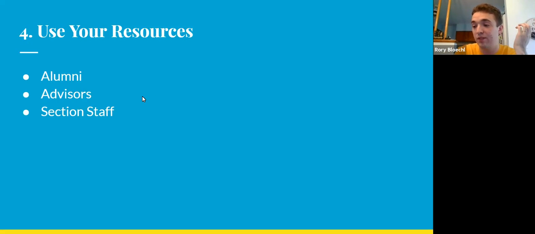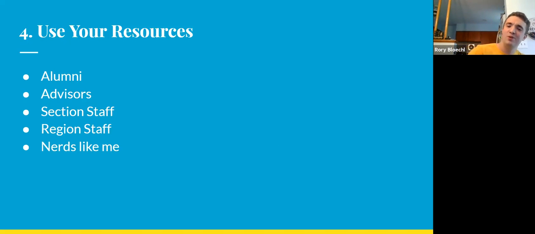Just like your section staff. As you go up the ladder, obviously people are going to know who else in the section or the region does bylaws stuff. There are a lot of great people. There are people who were lawyers for 30 years and now just volunteer with APO because that's what they do. And they're going to know a hell of a lot more than even me. You have a lot of great resources there. Nerds like me. There always seems to be like one person who gets way too into the bylaws at any time in the chapter. And so you have lots of chapters right nearby you with lots of people like that